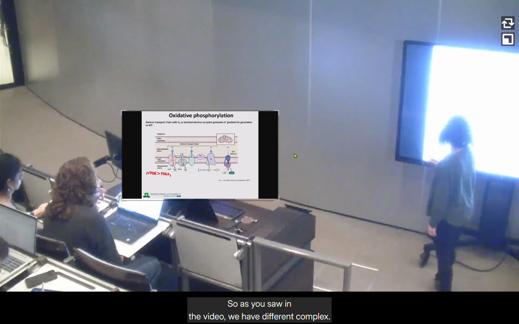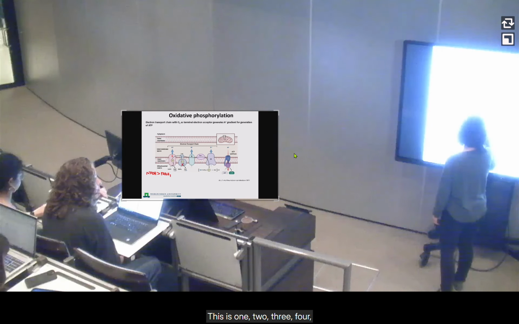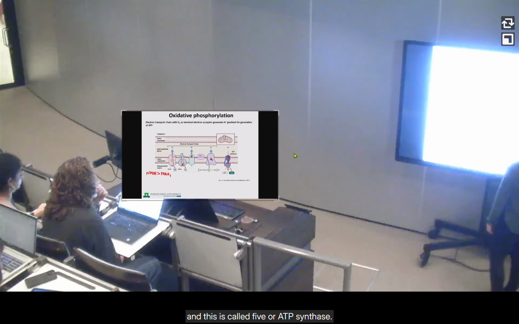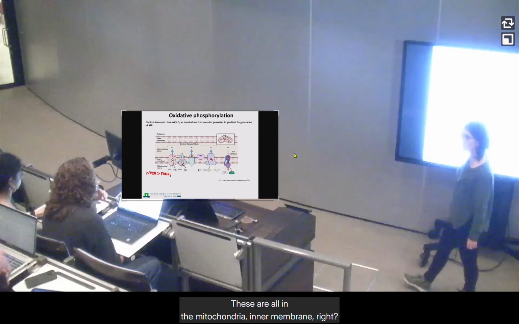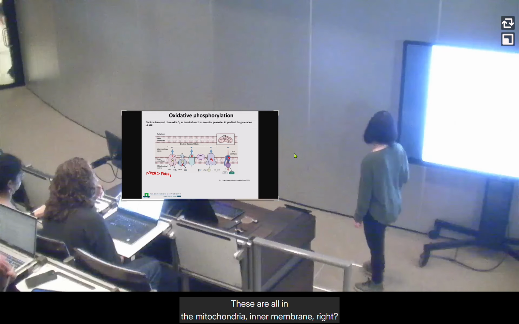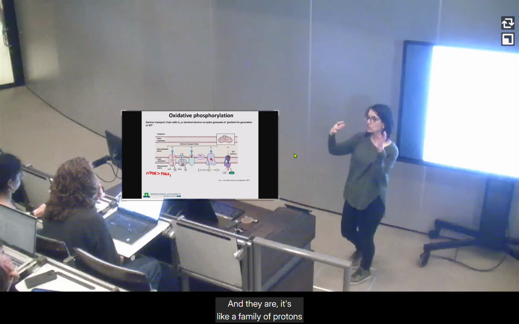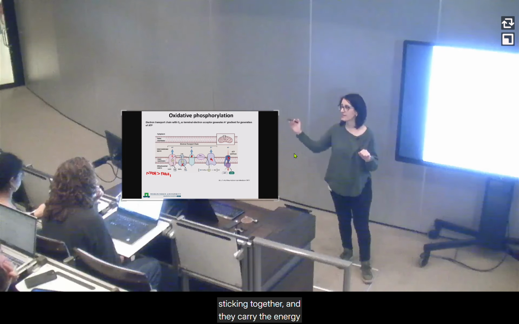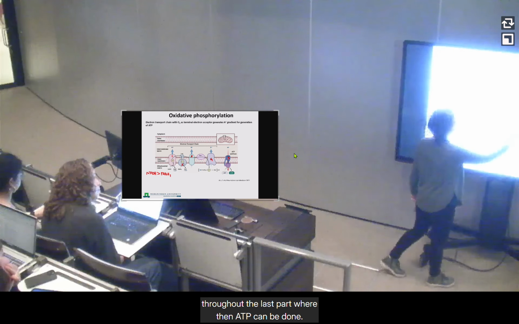So as you saw in the video, we have different complex. This is 1, 2, 3, 4, and this is called 5 or ATP synthase. These are all in the mitochondria, inner membrane, right? And it's like a family of proteins sticking together, and they carry the energy throughout the last part, where then